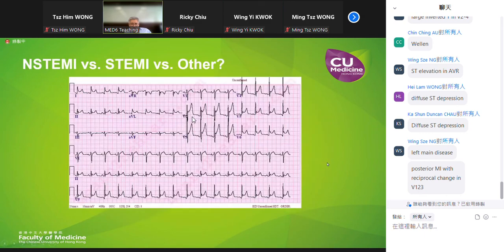Okay, this one, what is it? STEMI or not STEMI? Any other things? What do you think? You're on a roll. Going to keep going? If you get all three right,